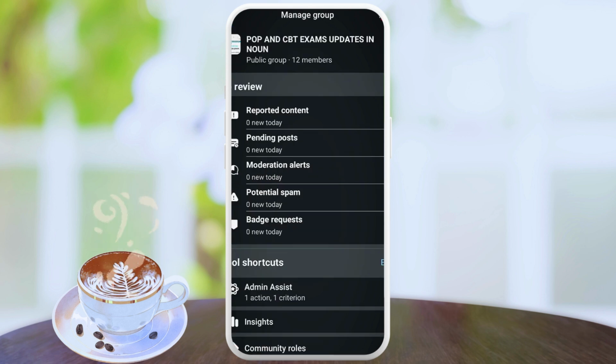Admins have access to a lot of features, so you want to consider a fact: the person you are adding as an admin should be a trustworthy person, someone that understands the nitty-gritty of what your group is about. So there are two ways you can do this. First, you can go through